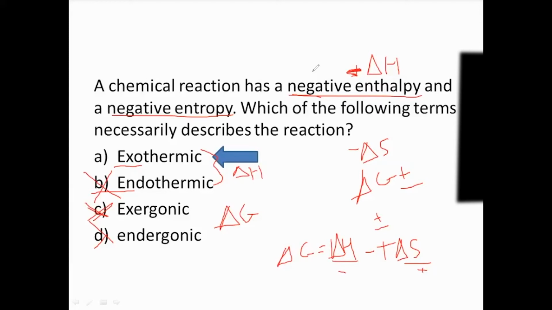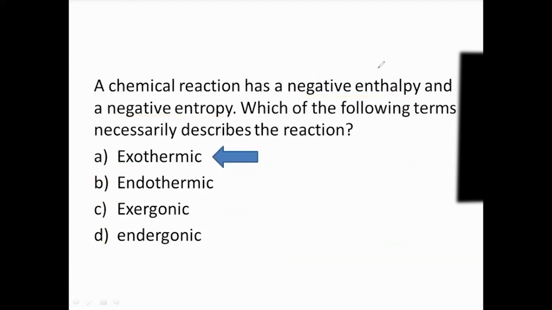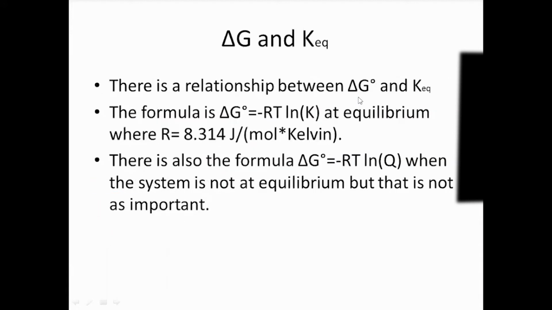Okay, I'm going to clear all drawings and move on if nobody has any other questions. Yeah, the chart should help. Next, we're going to move to delta G and K, the equilibrium constant. This is a very short thing, but something I feel I should mention. There is a relationship between delta G standard, with standard meaning this little degree sign here, and K. This is very important, and I'll get more to it later.